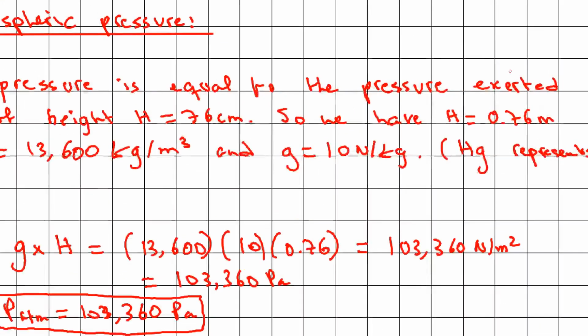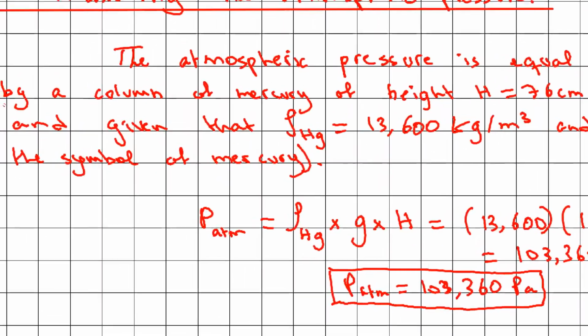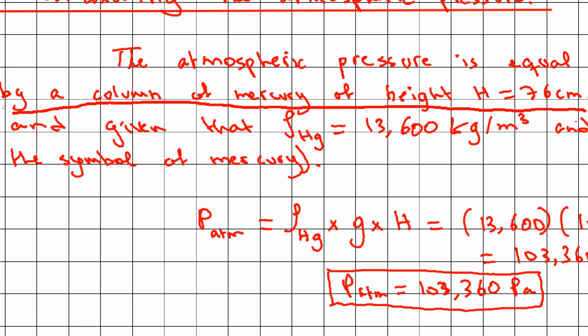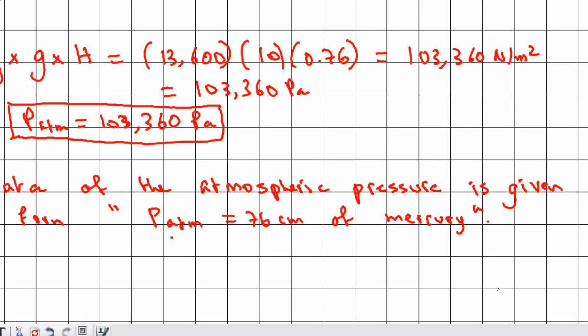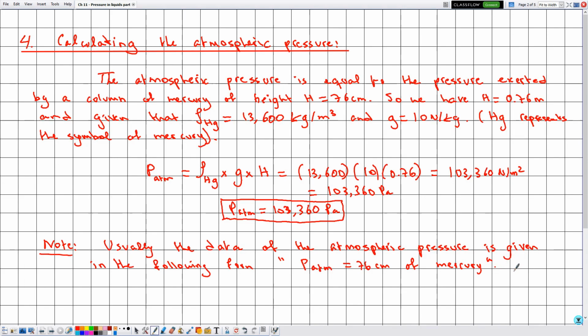So this statement, the atmospheric pressure is equal to the pressure exerted by a column of mercury of height H equal to 76 centimeter, is usually given in the form that the atmospheric pressure is equal to 76 centimeter of mercury. And here we must be very careful, because the first thing that we must notice is that this quantity which represents the pressure is not in agreement with the unit, because the unit represents height or depth or length, and we know that the unit of pressure is either Newton per meter square or Pascal. So notice that the quantity and the unit are not in agreement, but what is meant by the following is